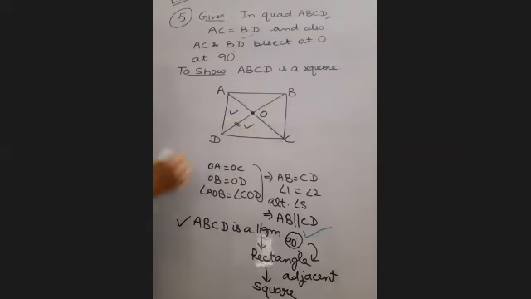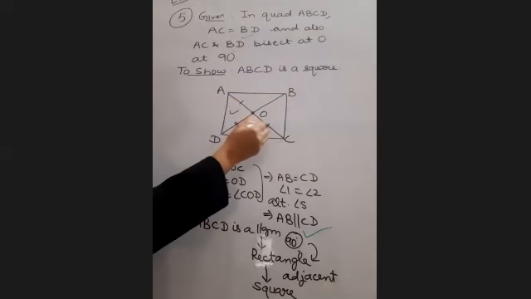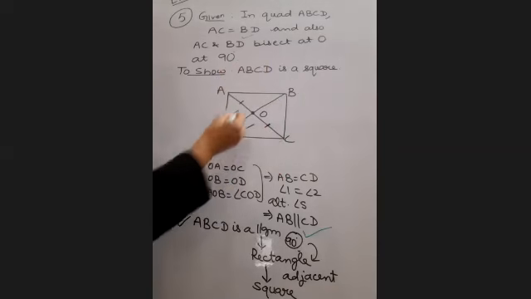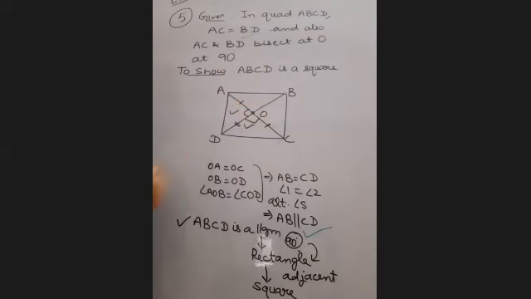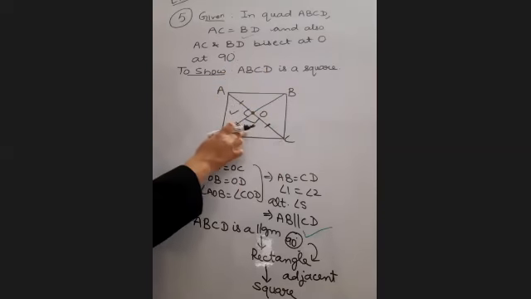OD is equal to OD, common, right? OA equal to OC, bisector given, each angle 90 degrees given. So by side angle side, these two triangles are congruent. And when these two triangles are congruent,